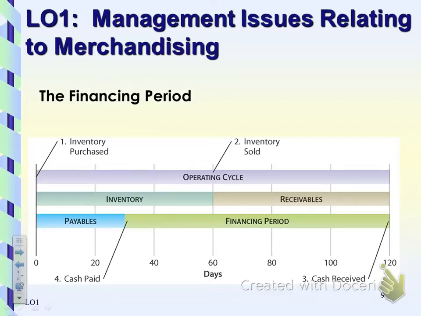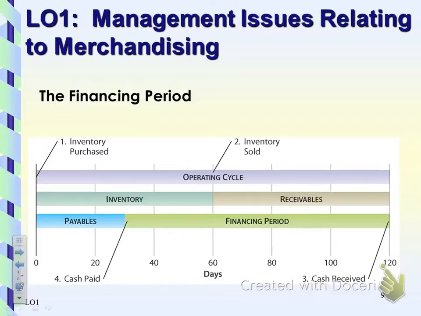If you look at this little graphic, it helps to explain how the operating cycle works. The top bar there is the whole operating cycle period. This is when the inventory is purchased, and it may create a payable for us. This is when we're paying for our inventory that we purchased. This is the period of time that it takes to turn over or sell our inventory. This is the receivable that's created as a result of selling that inventory.